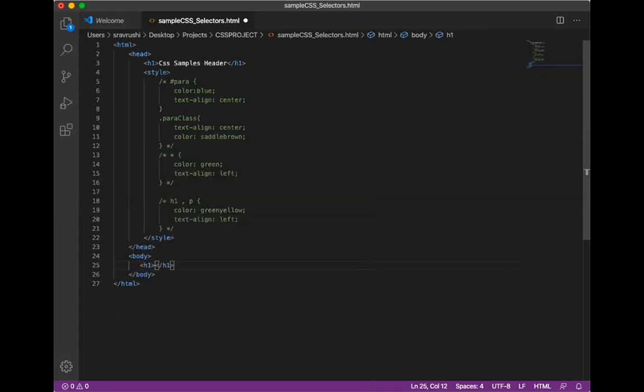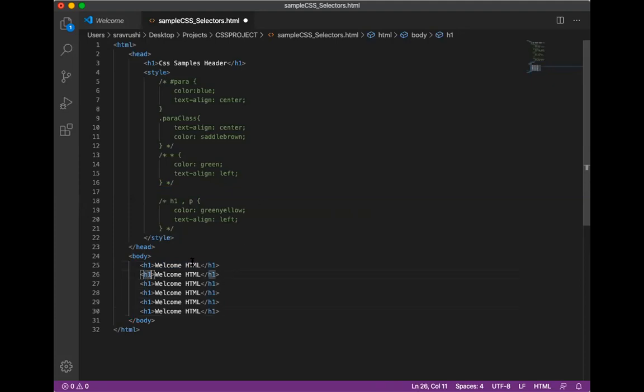Okay, so I just give here H1, welcome CSS. All right, or welcome HTML, and second tag, third tag, fourth tag, fifth tag, sixth tag.